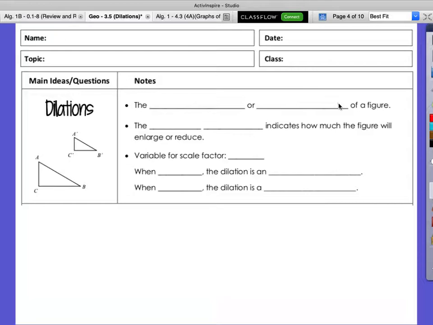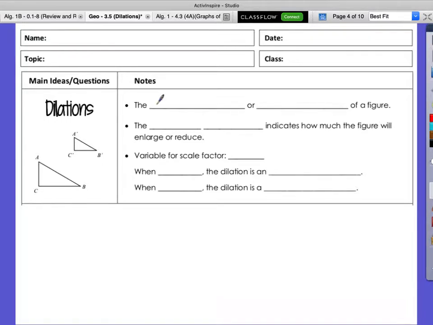So dilation, okay? What do you think when you hear dilate? You think your eyes, right? What's happening with your eyes when they dilate? The pupil gets smaller or bigger, based on the amount of light that's coming in. So along the same line, when we're doing dilations, we're going to make shapes bigger or smaller,